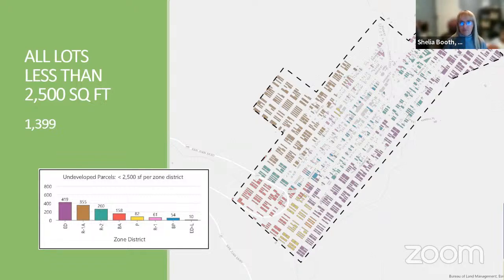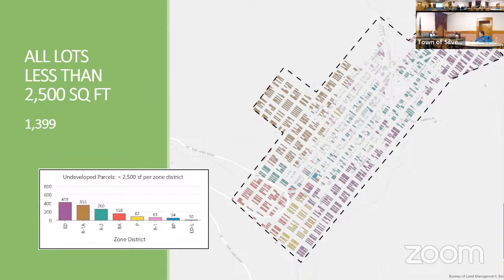I would distinguish it slightly though, because the idea isn't to incentivize building on smaller lots or creating non-conforming lots that are less than 2,500 square feet, but to allow lots that may not conform today to still be developable. We don't want to create non-conforming lots. We just don't want to limit development on some non-conforming lots. Does that make sense? You make these standards when you start with the non-conforming lot. Yeah, I think so.